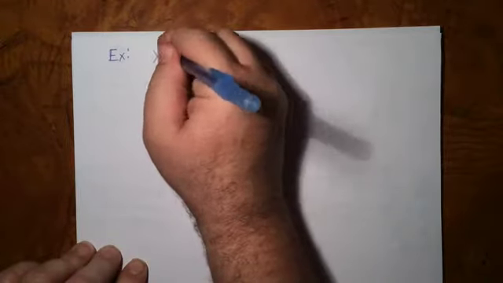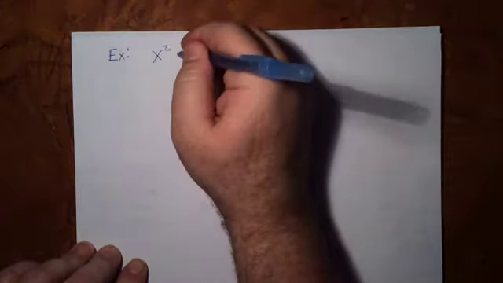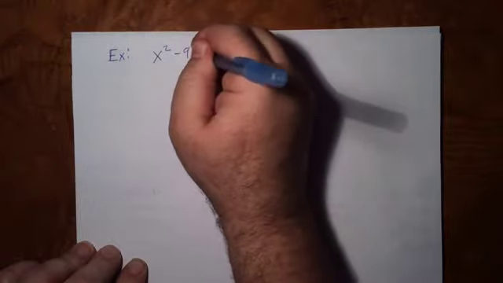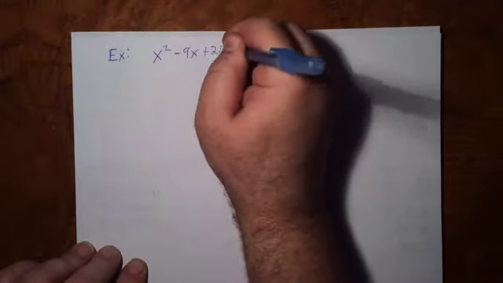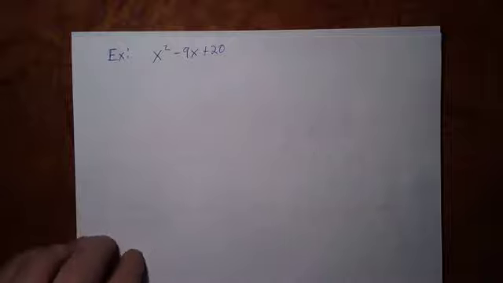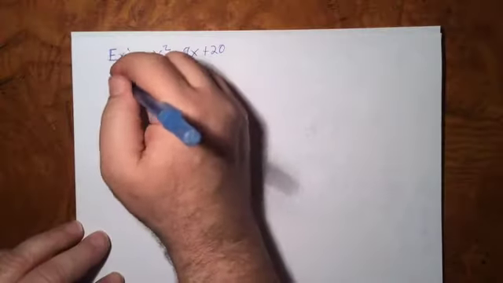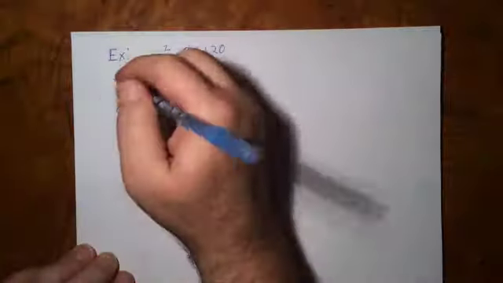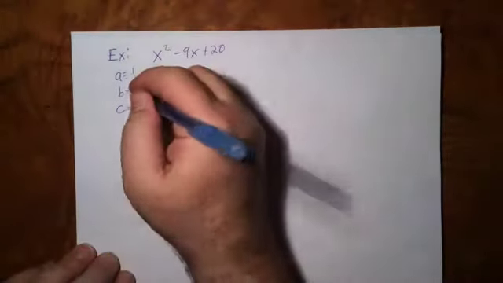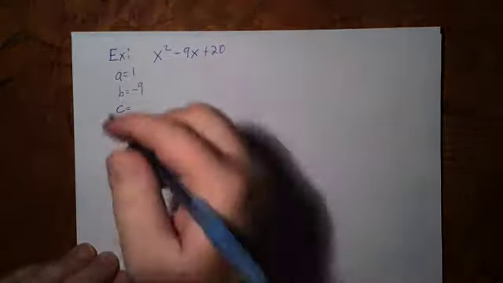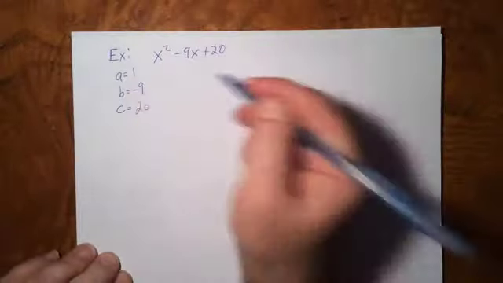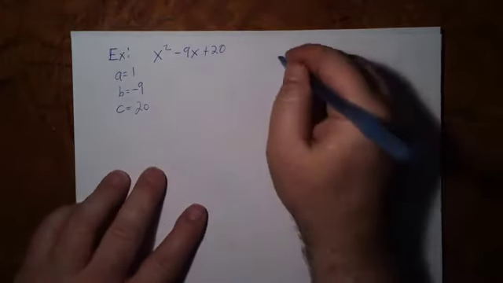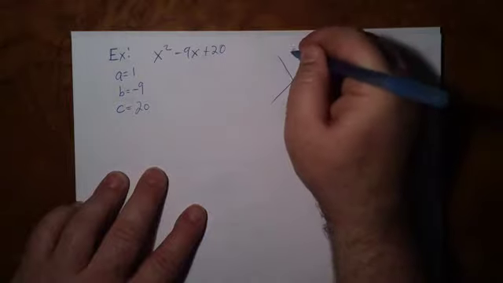This is going to be x squared minus 9x plus 20. Okay, so let me identify my values of a, b, and c. The value of a, of course, is equal to 1. B is negative 9. And c is positive 20. So when I make up my x box again,